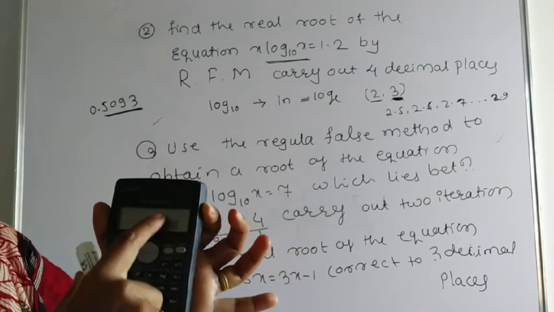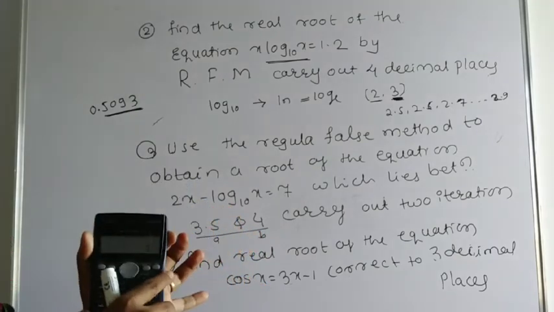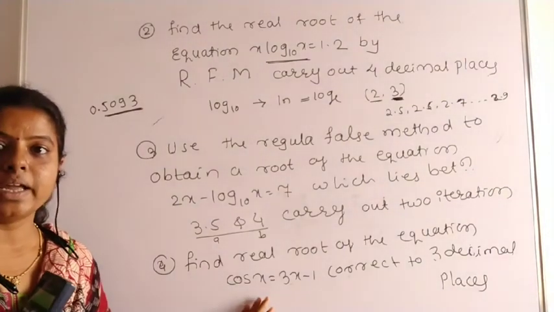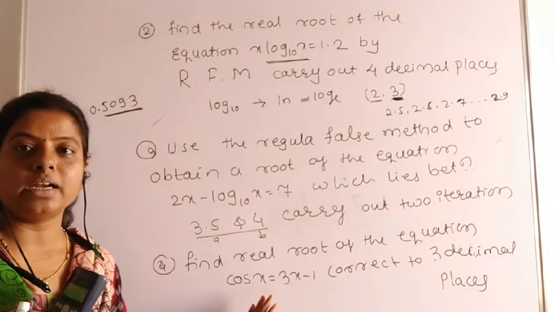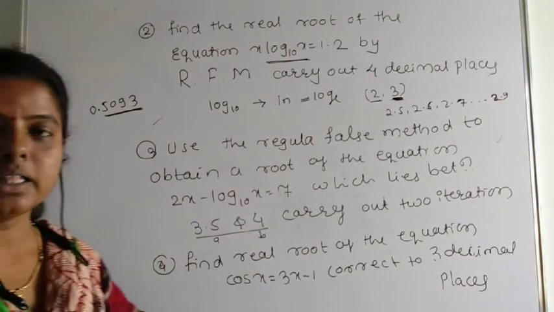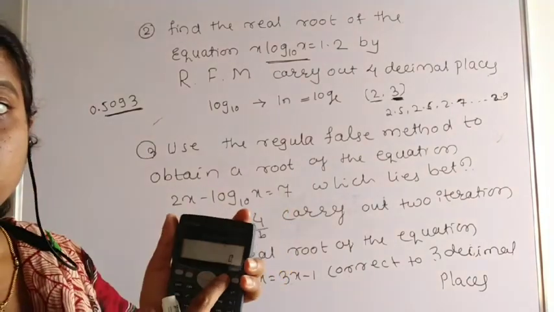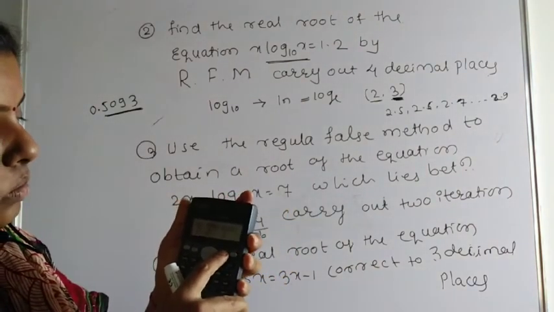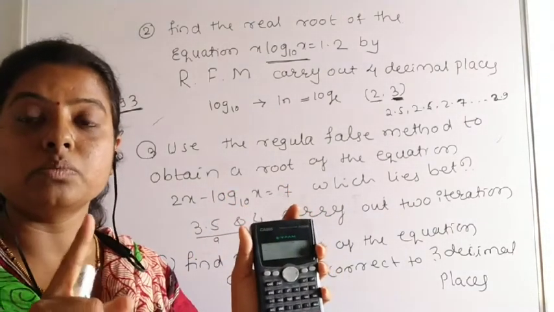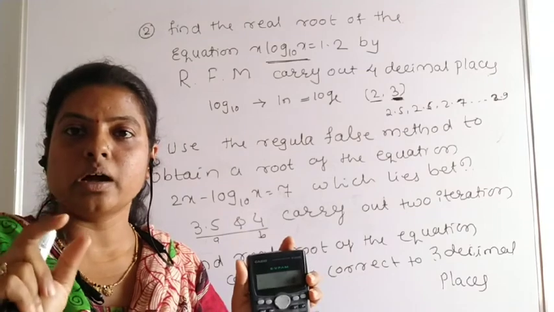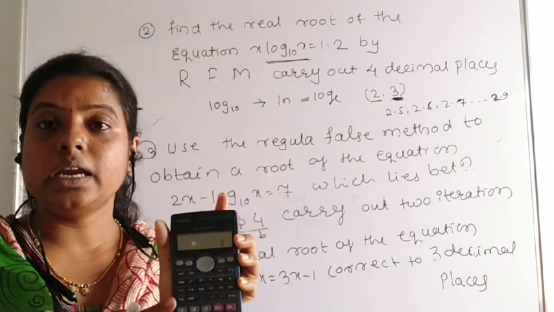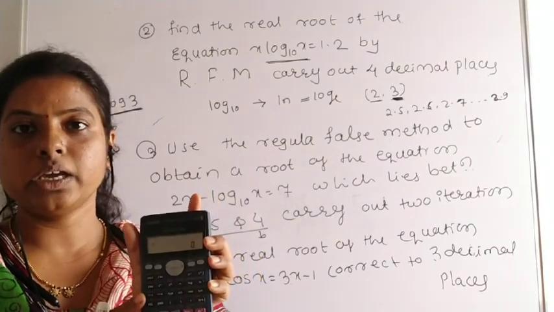Understood? Once you get the radian mode, only then solve the fourth problem. Otherwise all the problems will go wrong. Again, after finishing this example, you have to solve another one. Again, you have to change the mode compulsorily, back to degree mode. Then you have to solve the remaining problems. Only when trigonometric terms come, that time only you have to take the calculator in radian mode compulsorily. Okay. Thank you.